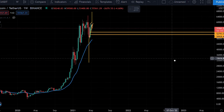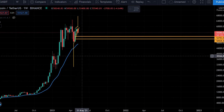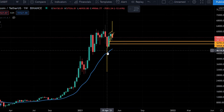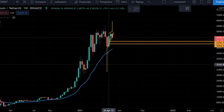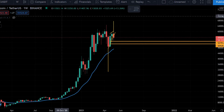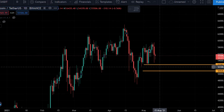Guys, if we look at the weekly candles as well, we have this 21-week moving average that will also act as support for us, which could lead to a bounce before we actually get to a price target. Now, with all the bearish news out of the way, let's talk about the bullish. With the bullish news, we are